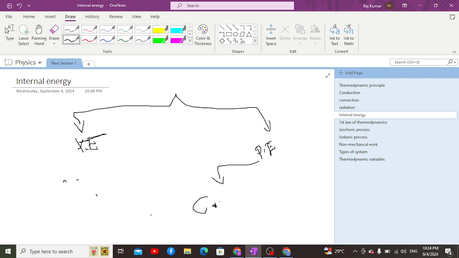Number one is chemical bonding, which produces potential energy, and number two is physical bonding, physical forces such as intermolecular forces, which produce potential energy. Likewise, if we talk about kinetic energy, it is the energy which is a result of motion,